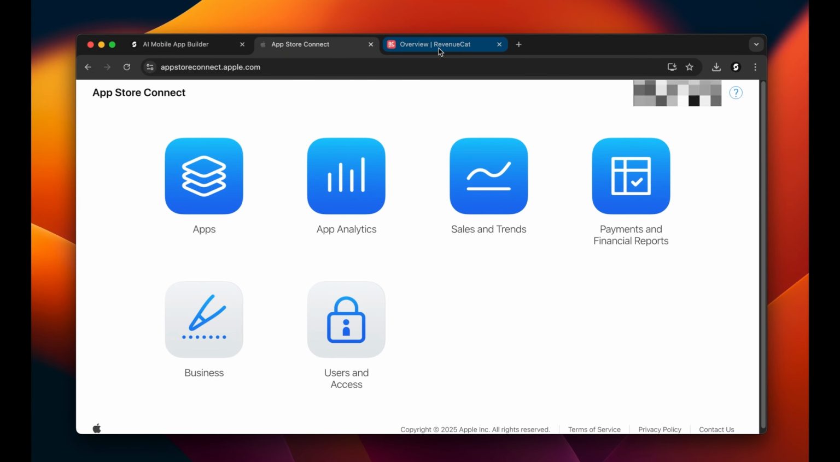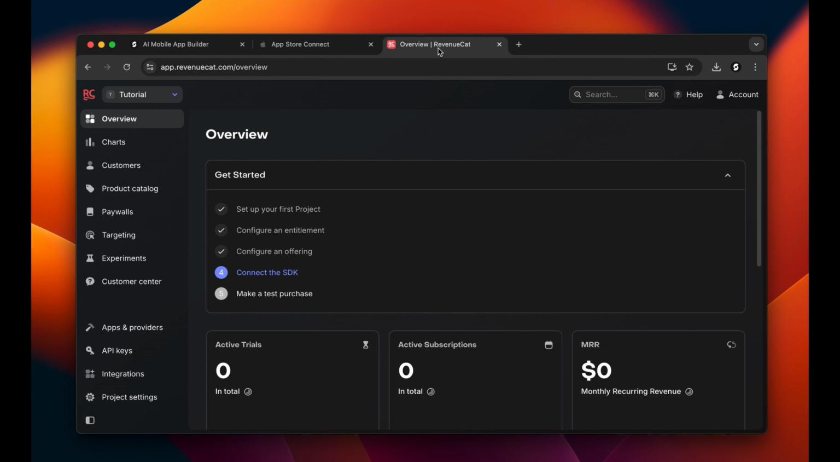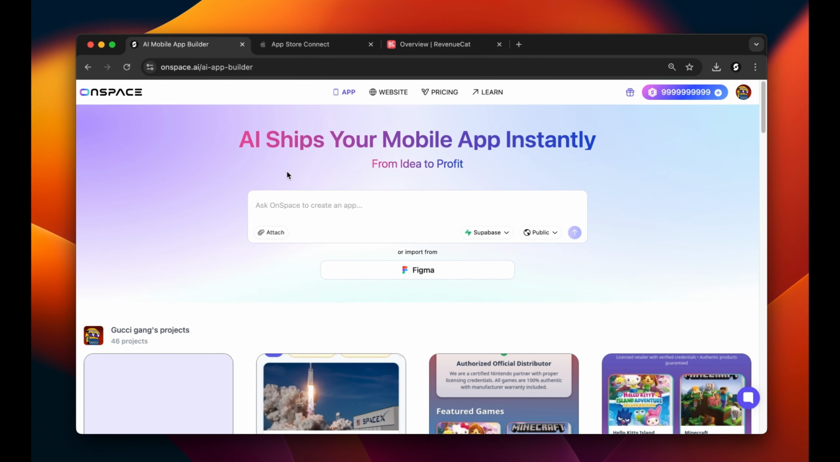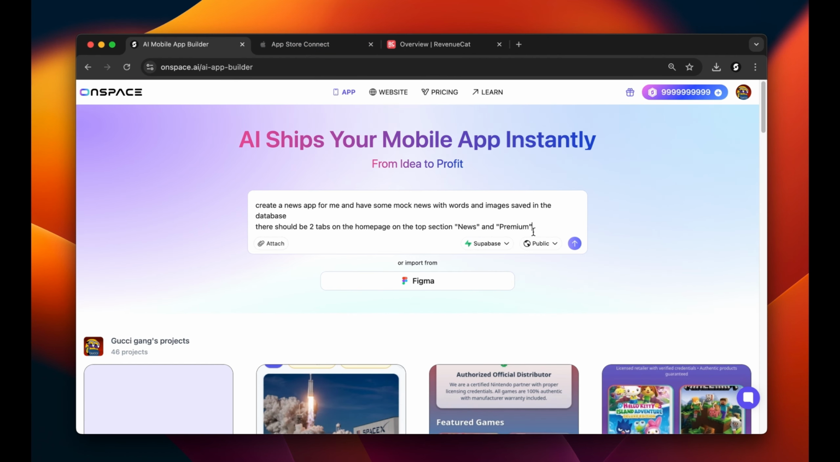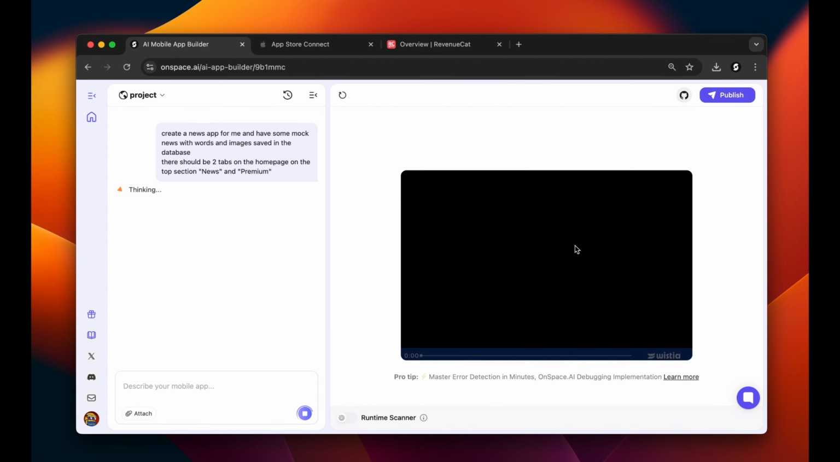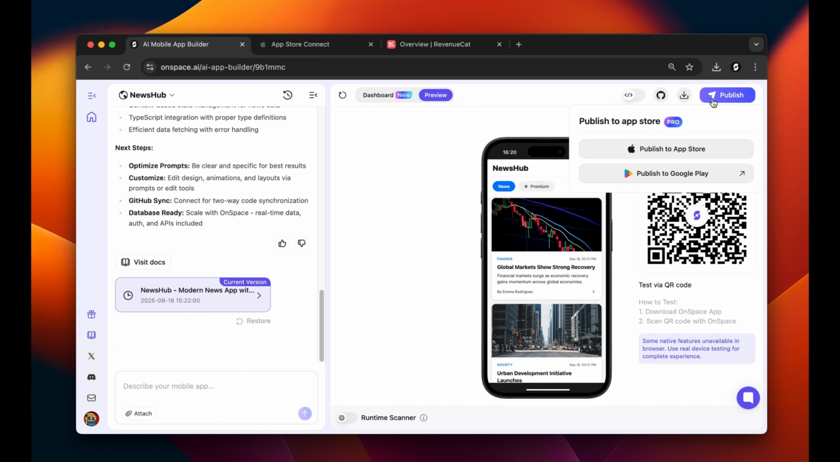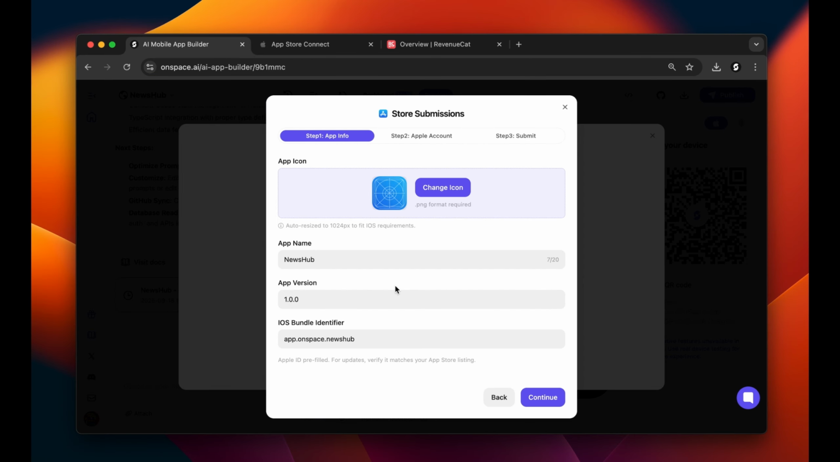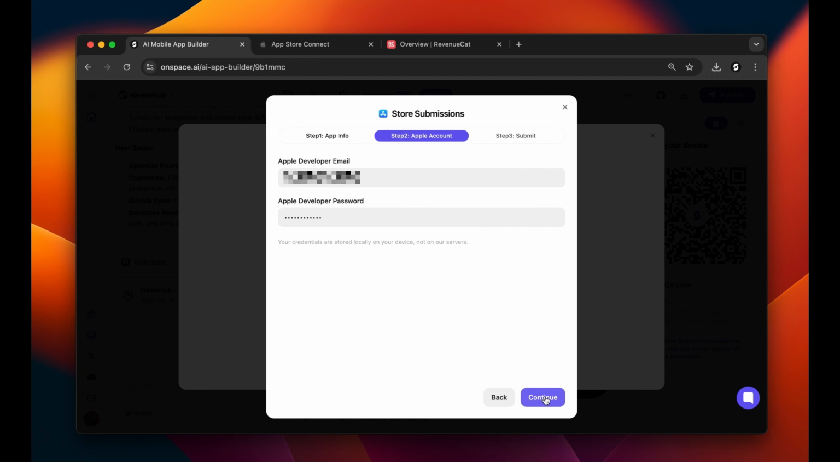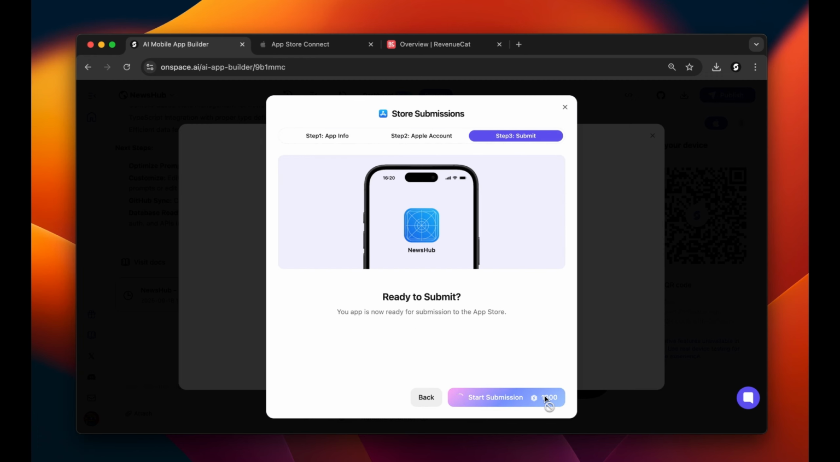Like I said, get your App Store and RevenueCat registered and logged in. In OnSpace, choose Cloud as the database service. Because it's just an example, I'm using a very simple query to create the app. After the app is done, let's publish it to the App Store first. We have another YouTube tutorial video for publishing an app to the App Store on the OnSpace YouTube channel in case you have